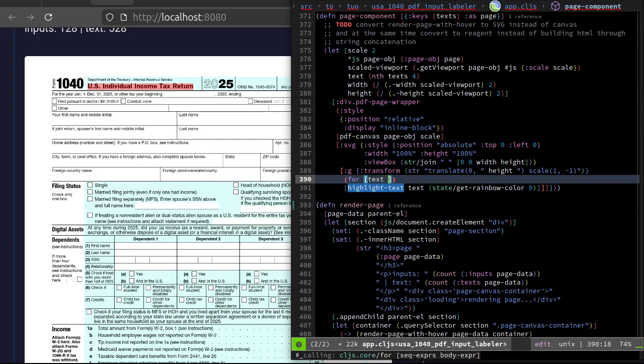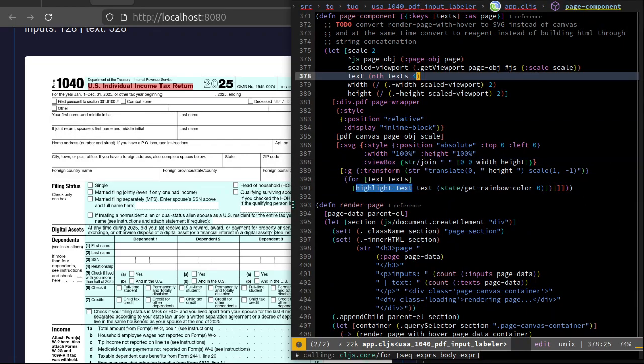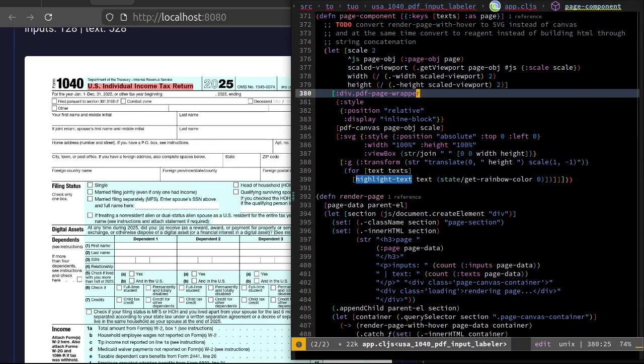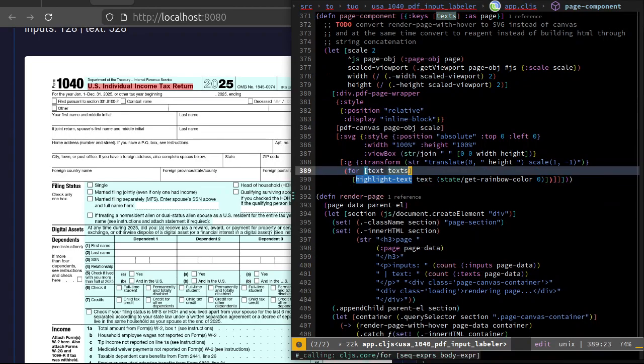Okay, and then here I want to do for text in texts. Highlight text, text. That means I can get rid of that. And then get rainbow color. Oh, how am I going to do this? I want to do it with indices. It's like something like with